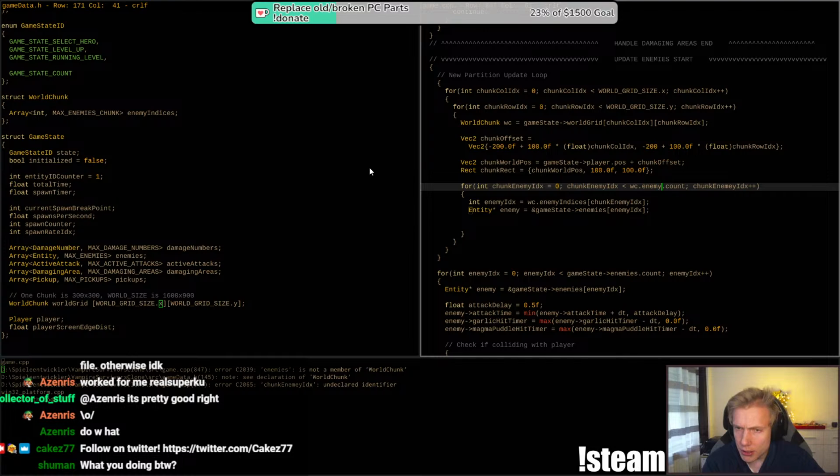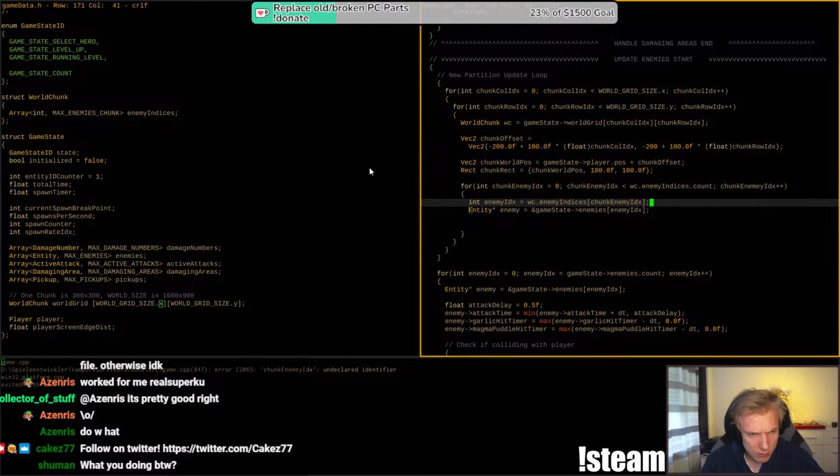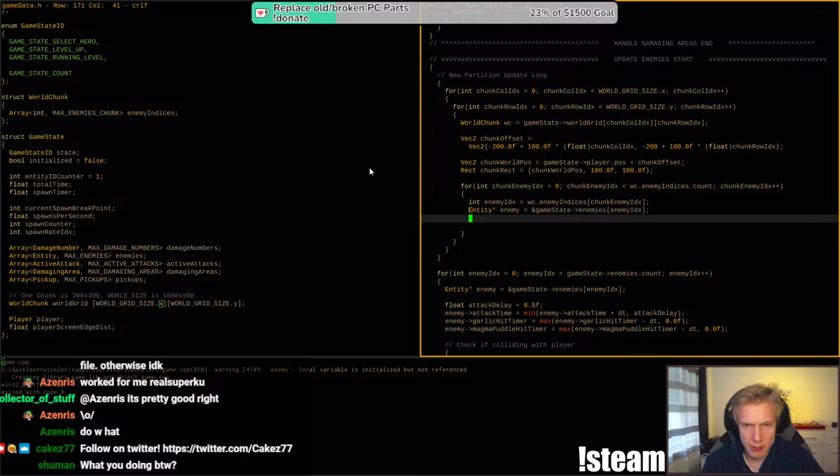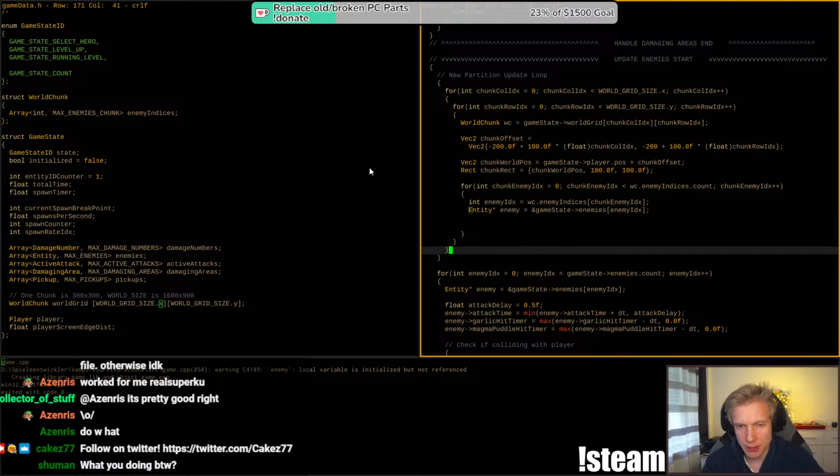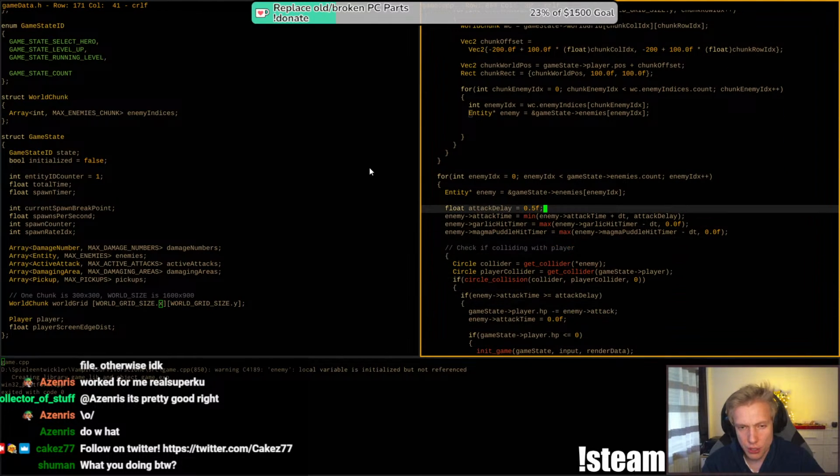That's enemy indices. Enemy index. Chunk enemy index. I think it's here. And me. Enemy local variable. Okay, so we have the enemy now, and then we can start